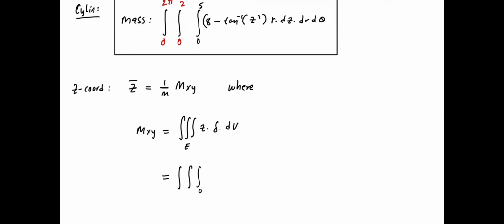First integral, we have 0 to 5. Then the next, we have 0 to 2. Those are the bounds on r. And then from 0 to 2 pi, those are the bounds on theta, of z times density. Density is 8 minus tangent inverse of z squared. Then we have r, dz, dr, d theta. So that will be the moment about the